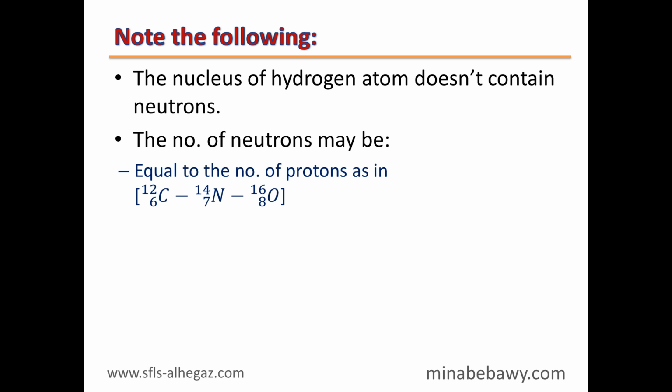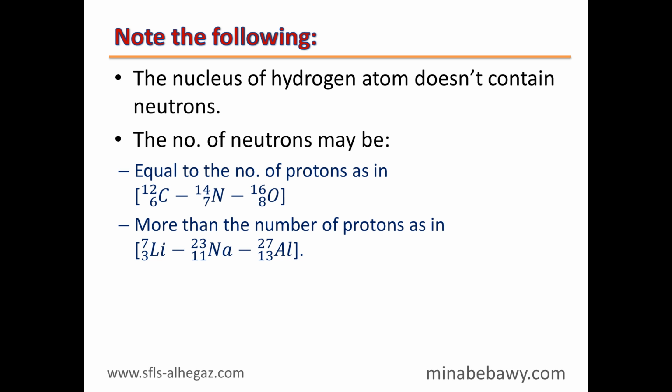carbon-12 (C 6 12), nitrogen-14 (N 7 14), oxygen-16 (O 8 16). Number of protons in carbon is 6, and the number of neutrons also equals 6. Number of protons in nitrogen is 7. Number of neutrons is equal to 14 minus 7, which is also 7. Number of protons in oxygen is 8. Number of neutrons in oxygen is equal to 16 minus 8, also 8. So the number of protons is equal to the number of neutrons in some cases, and also the number of neutrons may